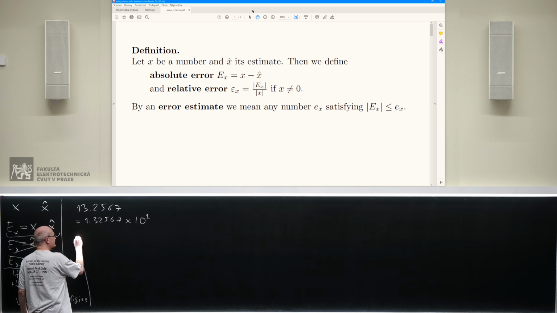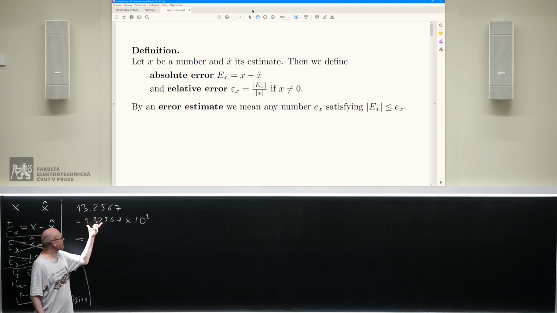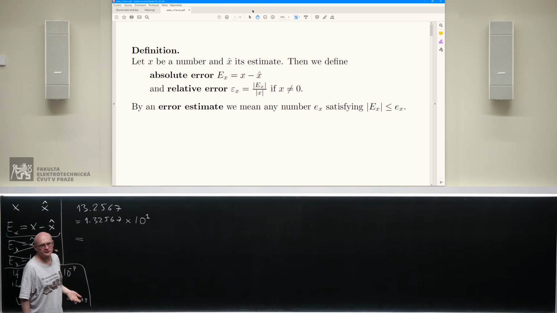And now, here comes the trick. We need to store only a specific part of this decimal expansion because it could be potentially infinite, and perhaps even this one is too long. It depends on the memory that we have. If you have a very, very tiny computer, then it can perhaps store only 4 digits. So if the computer can only store 4 digits, it would go, well, that's a good question. Actually,